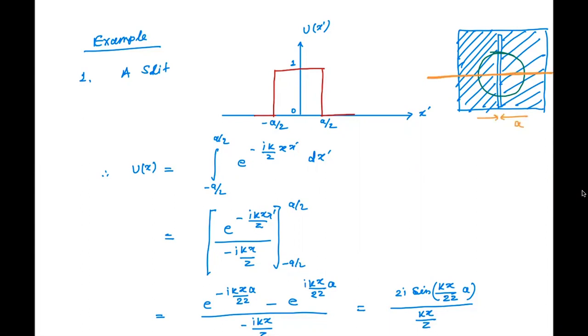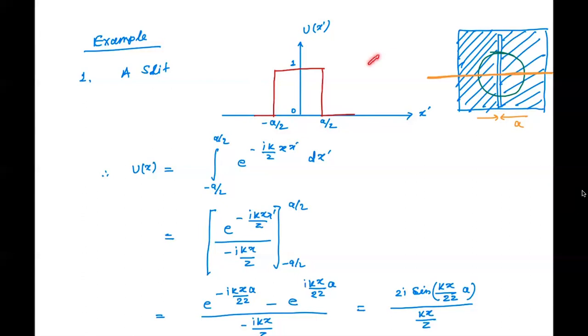So the slit that we have here, I can represent. This is my x prime, and that's my amplitude. I can represent it by this function. What is this function? It is 0 everywhere, except between minus a by 2 and a by 2, where it is 1. This basically says the transmission through the slit is 1, otherwise it is 0. I'm representing this as a function like this, which is my u(x prime) function. Is this fine with everyone, or does anybody have any question here?